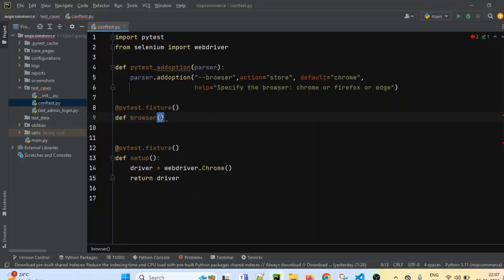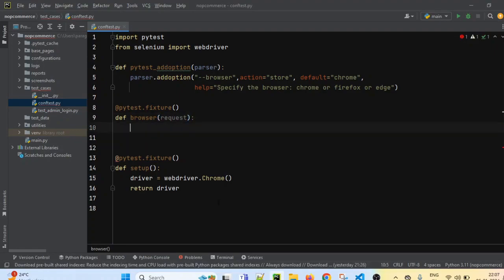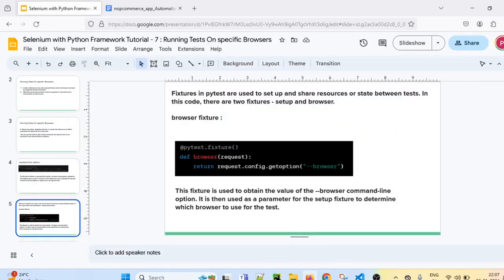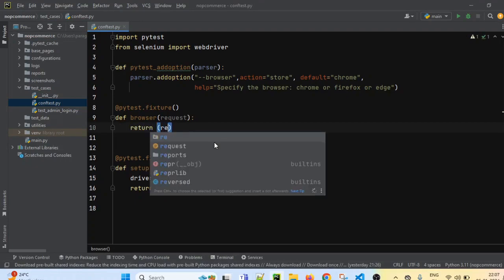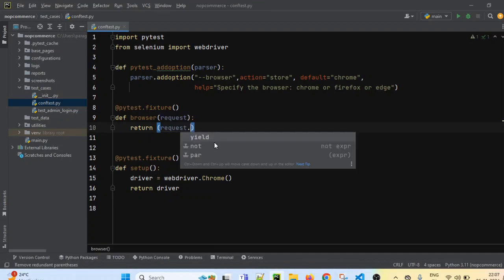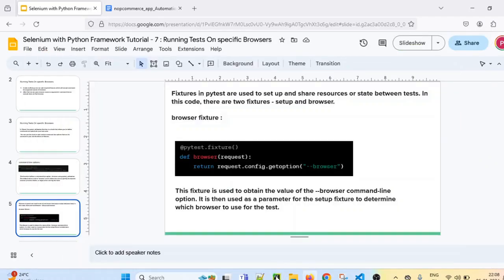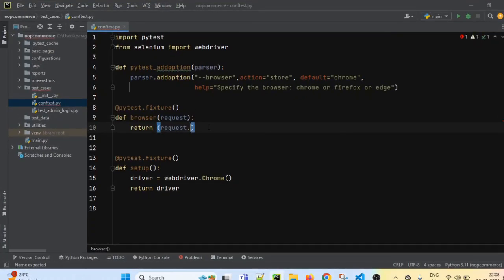In this we have to pass request. This is the syntax for this fixture, and then we have to add one line, that is it will return request.config.getoption, and inside that we have to pass browser.